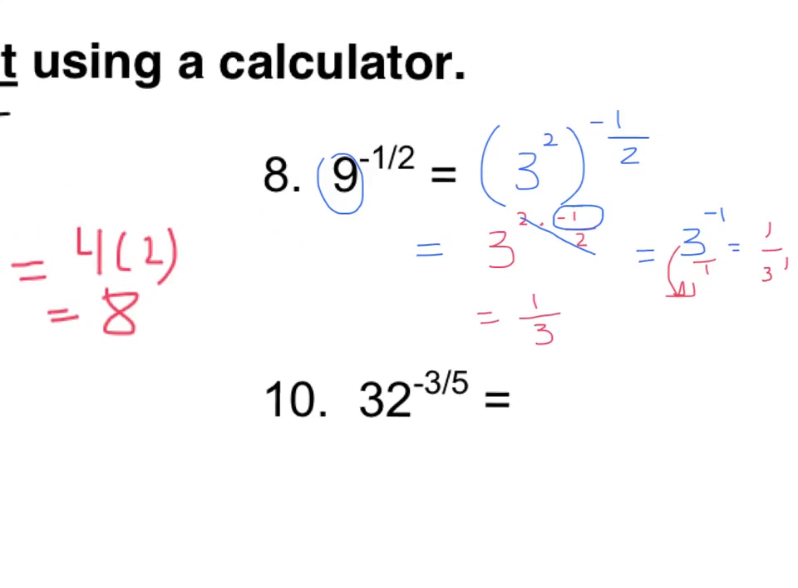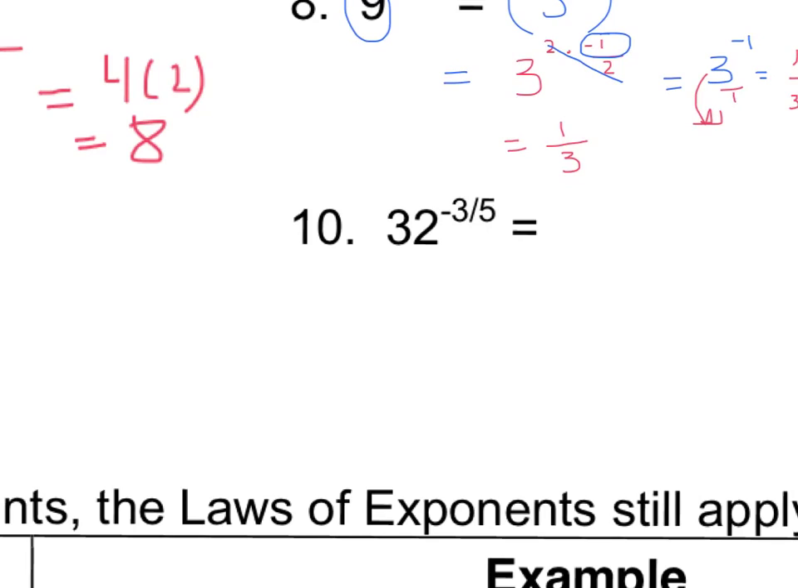Now let's move on to number 10. 32 is 2 to the power 5, since 2 times 2 times 2 times 2 times 2, so this is 4 and this is 4. 4 times 4 is 16, and 16 times 2 is 32. So 2 to the power 5 is 32,